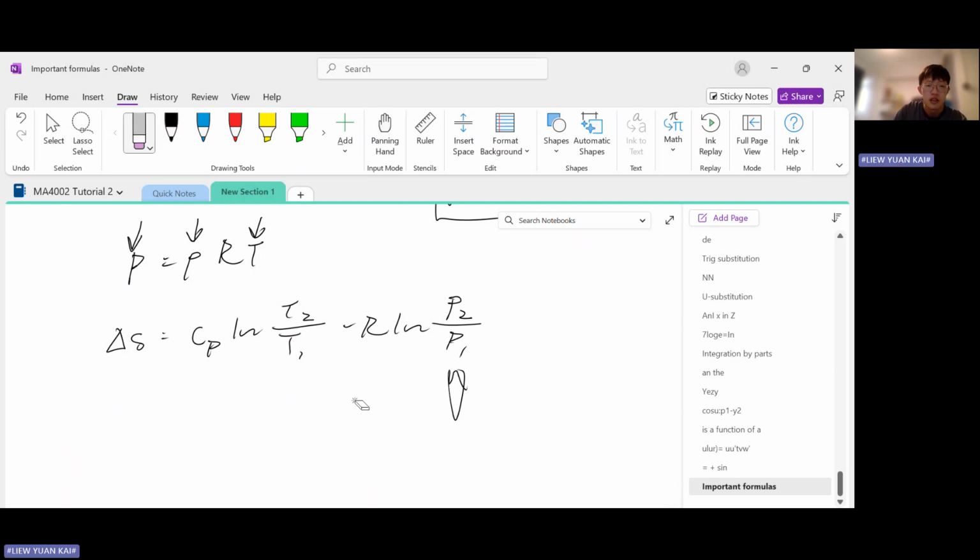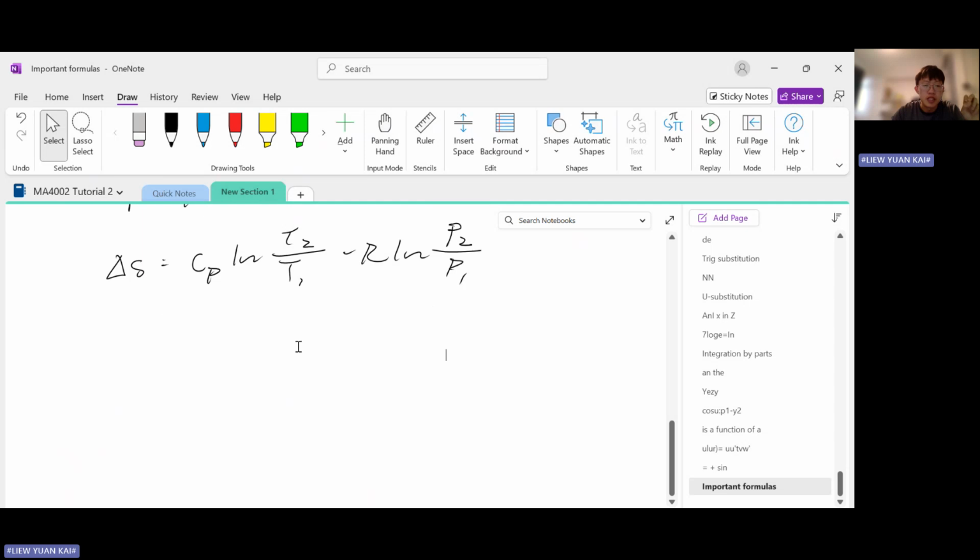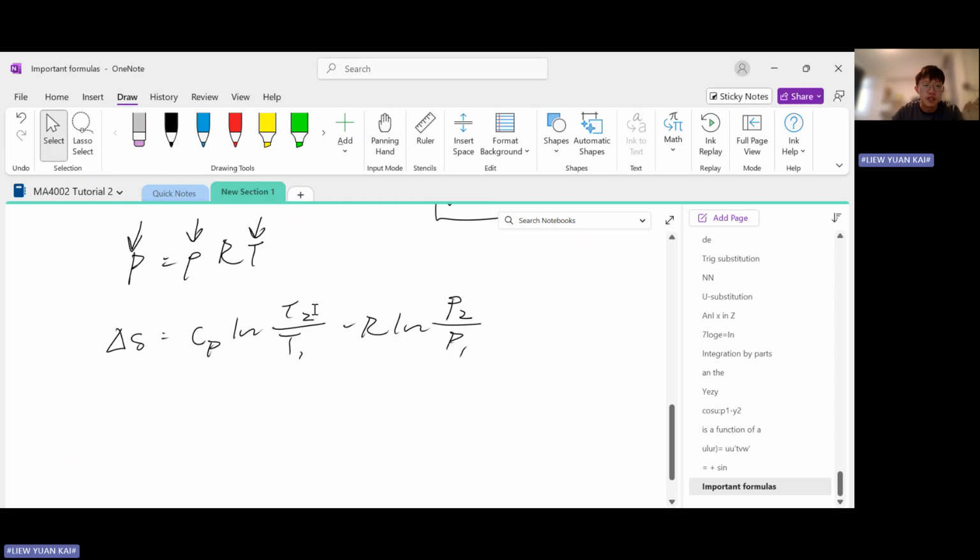So we have a gas. What's the story behind this entropy change? We have a gas undergoing some entropy change, correct? From state 1 to state 2. That's what this 1 and 2 means: 1 is state 1 and 2 is state 2. It undergoes a process from state 1 to state 2, and in that process there's an entropy change,